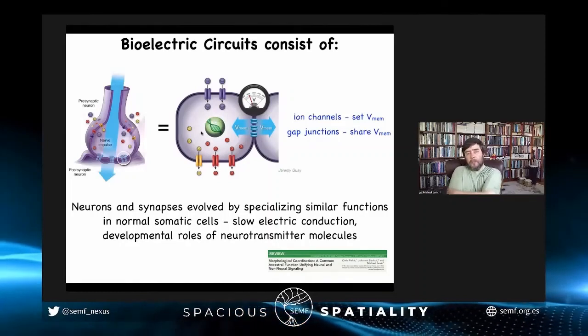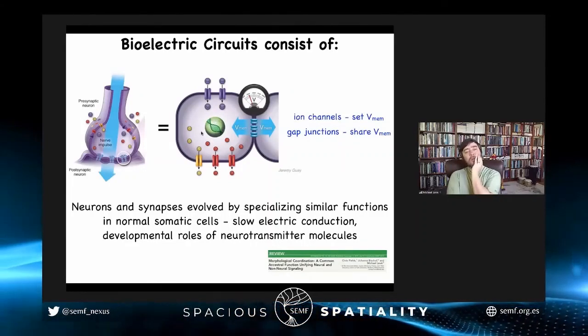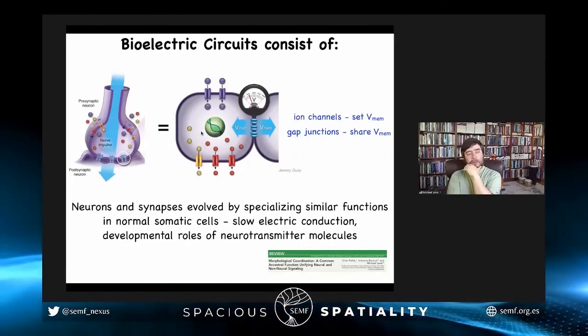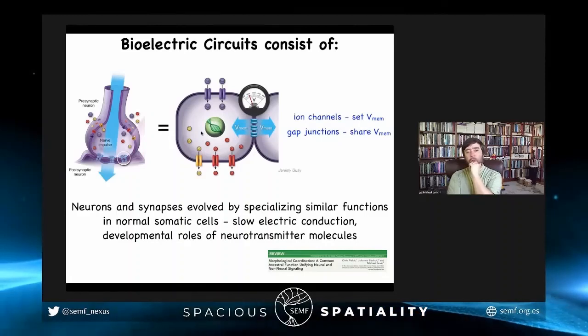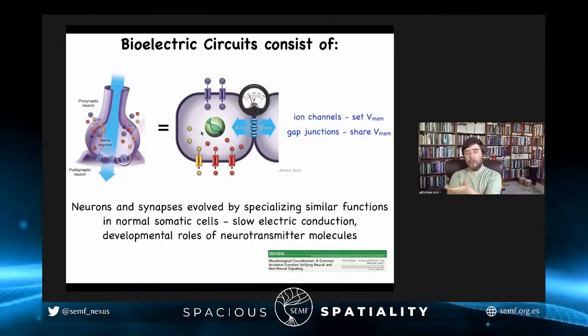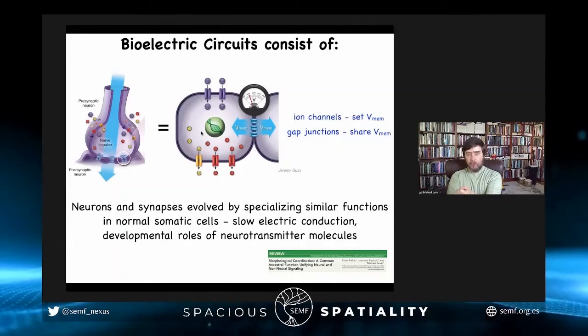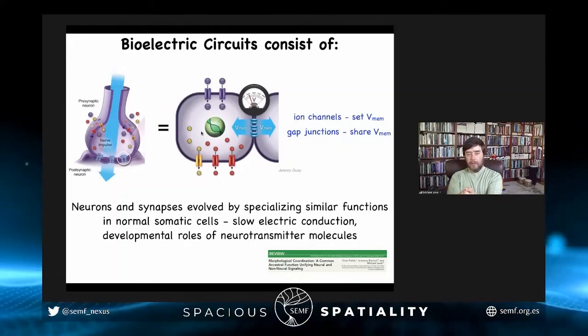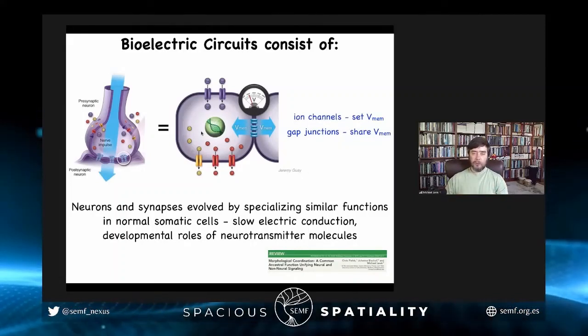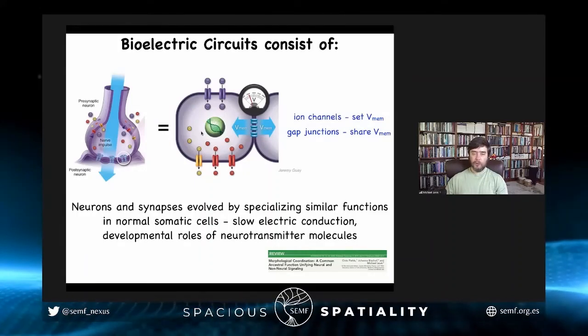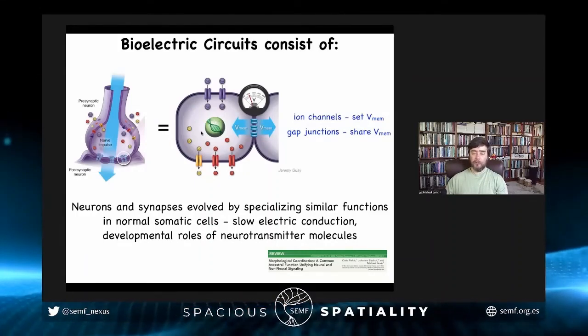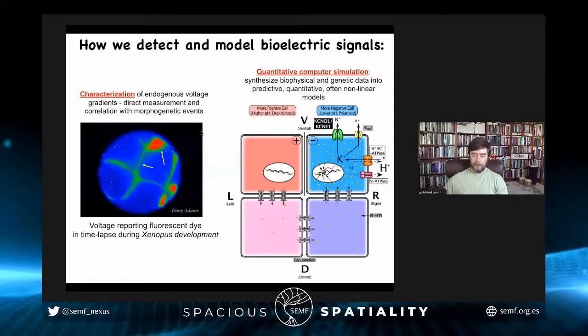So in my group, we were thinking about this, and we asked this question: okay, if that's how it works, could we make some tools to read and write this electrical information and to really understand how it's navigating that shape change space? So we developed some of the first tools to read and write information into non-brain tissues.